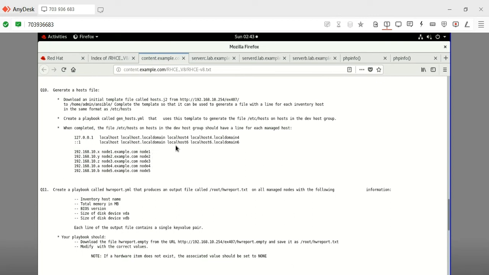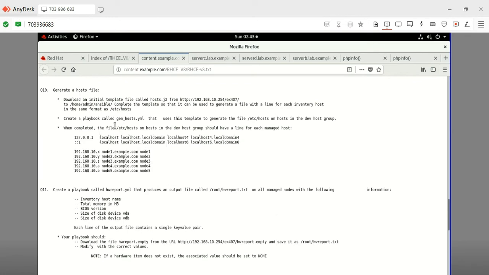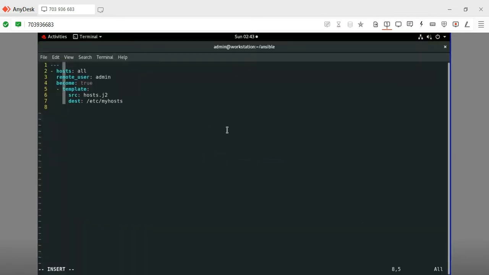That's why I have mentioned that template format, so that it creates this format on all the hosts. But here the condition is to complete the file /etc/hosts on the hosts in the development host group. Please note, development should have a line in each managed host. So we have to mention here